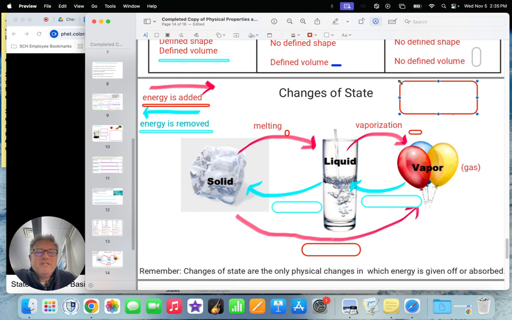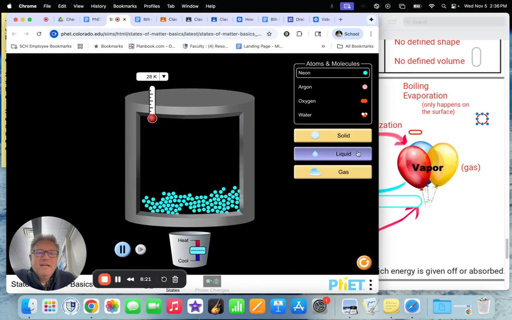Vaporization comes in two ways. One is boiling. If you add heat to water, it'll start to boil, changing state from a liquid to a vapor. But you can also go from a liquid to a gas by evaporation. Evaporation is when particles move away just at the surface. If you have a liquid that's not boiling, every once in a while one of these top particles will eventually make it away. That's evaporation.